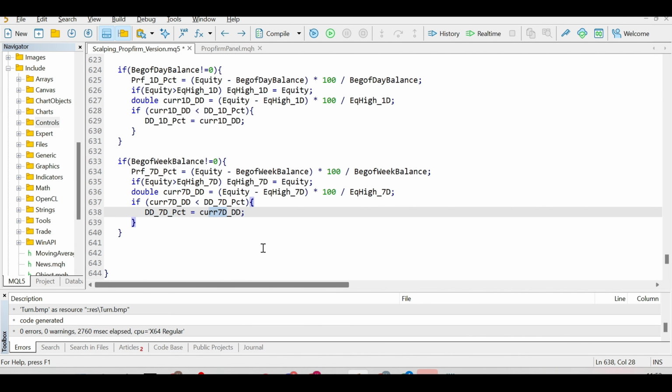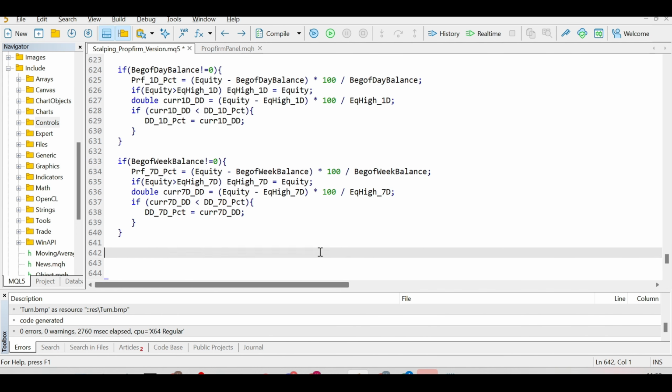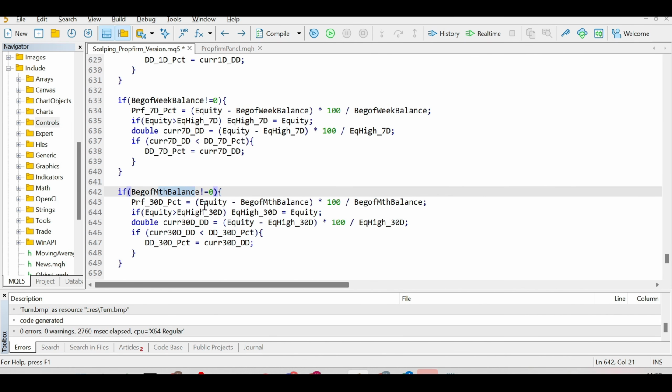So as soon as there is a lower drawdown than whatever was before, we update the value to a lower drawdown. Then we do the same for the beginning of the month. So starting with beginning of the month balance, if it's not equal to 0, then the profit percentage is whatever is the equity right now minus whatever was the beginning balance of the month divided by the beginning balance of the month times 100. And if equity is higher than whatever is the equity high of 30-day, then store that